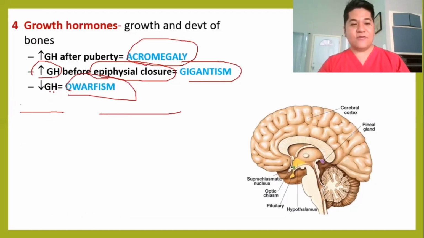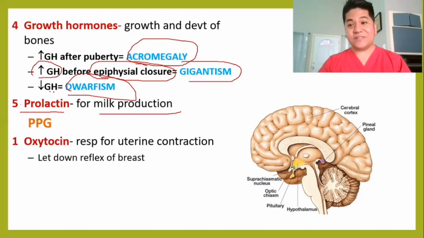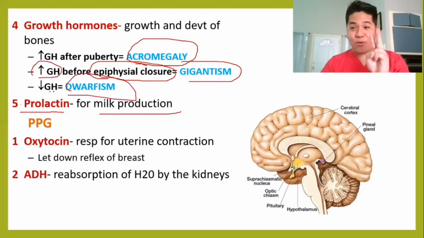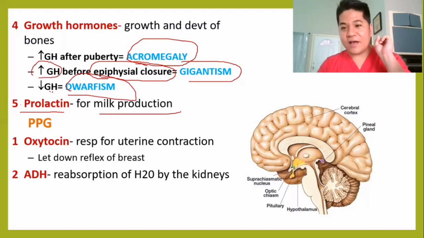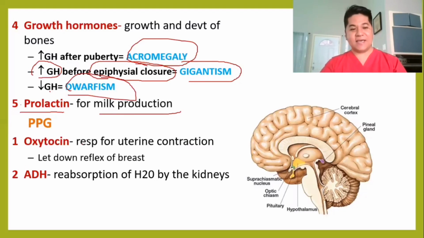Next is your posterior pituitary gland, which secretes two hormones. Remember this. Okay, the oxytocin and then your antidiuretic hormone, also called vasopressin. Now, for oxytocin, it is responsible for uterine contraction. So therefore, after the delivery of the baby and placenta, you massage the fundus of the uterus. They massage it so bleeding would stop, thereby stimulating the release of your oxytocin or the